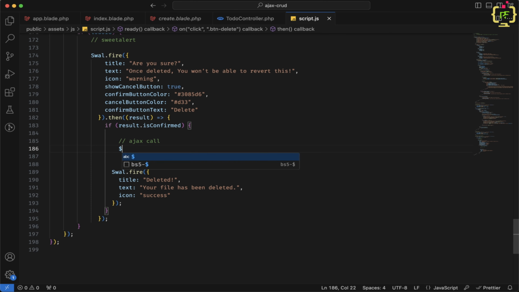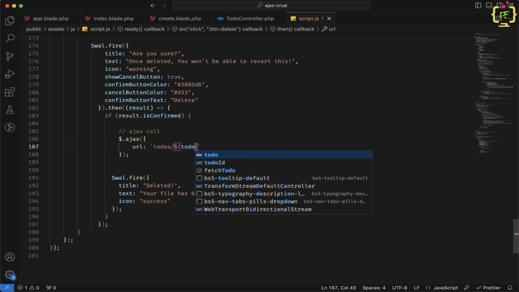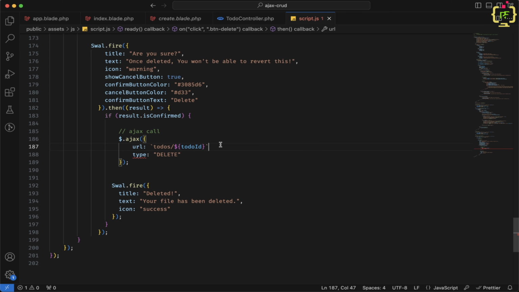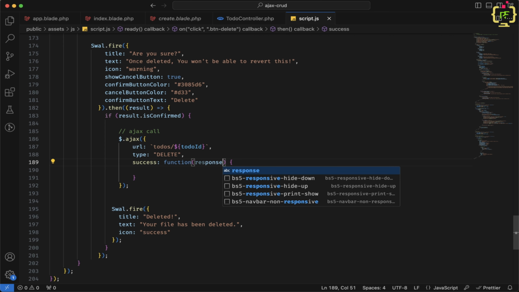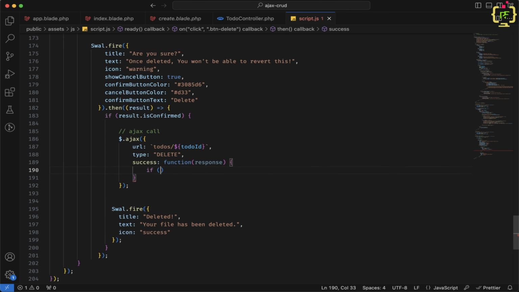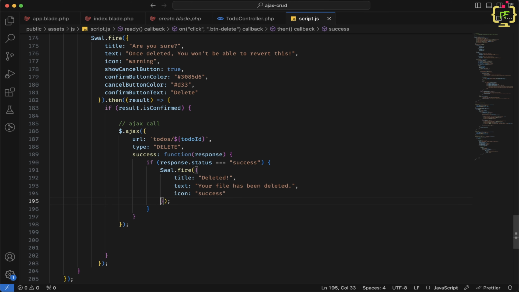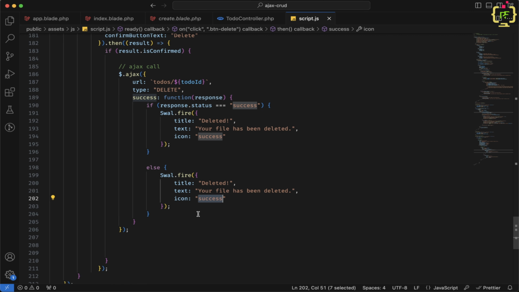Okay, so let's write $.ajax, and here we will pass URL as todos / and we will pass the todo ID. Okay, and the method type will be a delete request. Let's add a comma here, and on success response, I will capture one message as the success response. And here we will write if response.status triple equals success. That means if the todo is deleted and that status is returned from the controller, then we will fire this success alert. Else we will copy and paste it again,